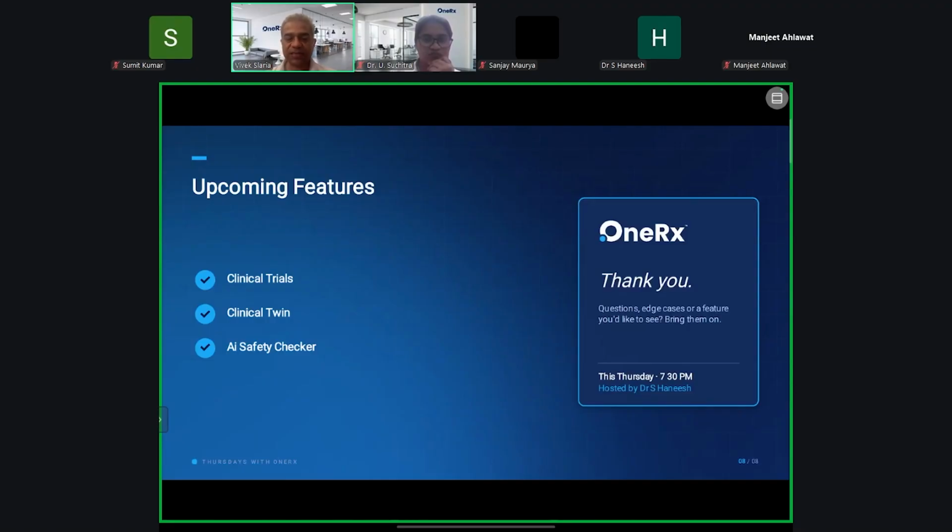And last but not the least is AI safety checker. I'm sure all of you experience this every day. In fact, this was feedback that one of the senior doctors from TMC gave us. You write a prescription or a certain line of therapy, and the first thing the patient will do is take a screenshot and upload it to ChatGPT. So, can you put an AI check before we hand over anything to a patient so that there's no nuisance value around it? And that's something that we are building on.